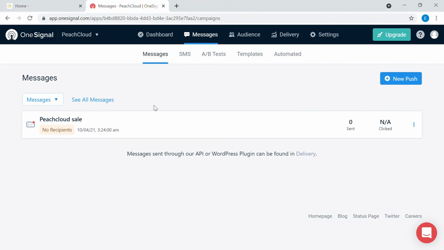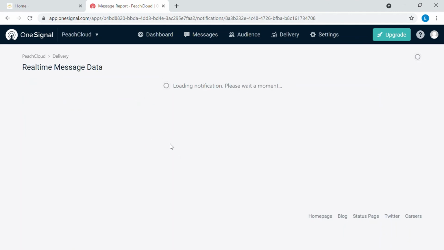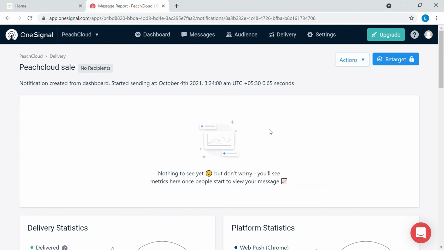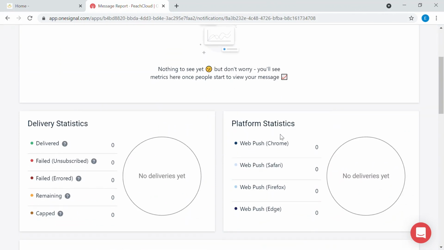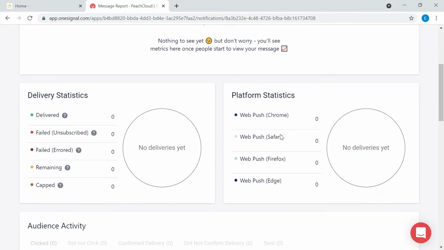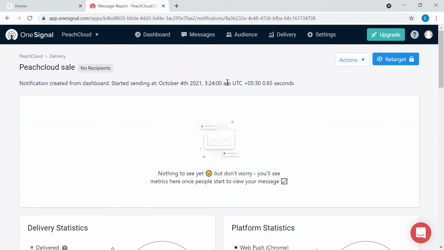Since I don't have any subscribed users as of now, when I get a few more subscribers or users to click on my link, you will be able to see proper analytics for your sent reports. Each report will have the analytics of how many people have subscribed and how many of them got delivered, etc. You can also see there is an audience section.